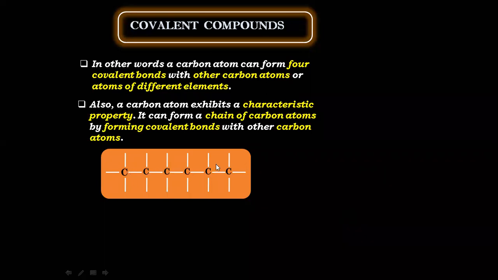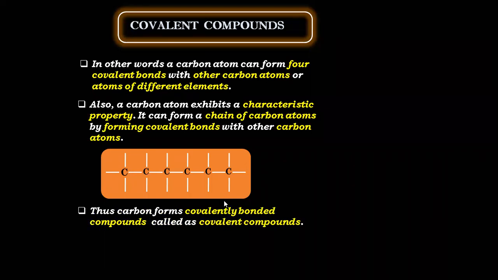Five carbon atoms extra, so what? This chain is not going to stop. This chain is going to extend a lot. It can go to n number of carbon atoms. You know your body, proteins, carbohydrates, they contain so many carbon atoms. So carbon atom is forming a covalent bond. And the compound which contains these covalent bonds, formed by sharing, is called a covalent compound. Carbon is having 4 bonds because the valency of carbon is 4.